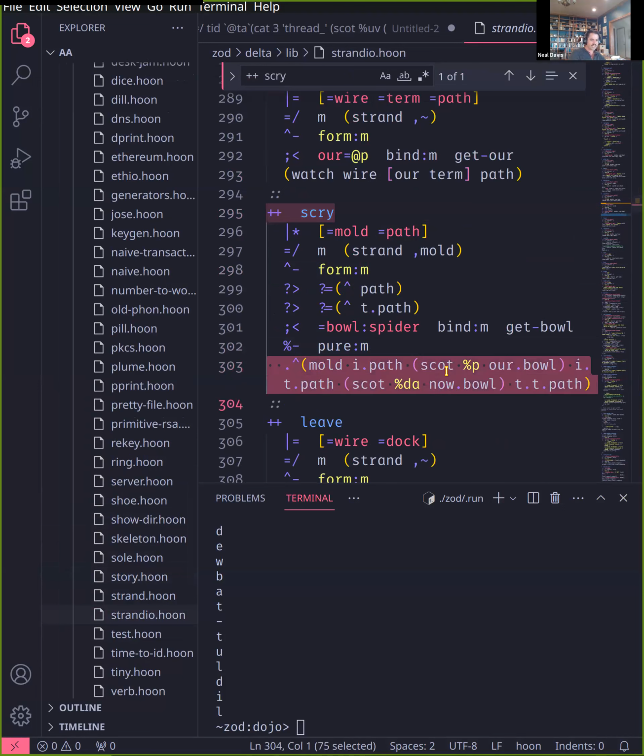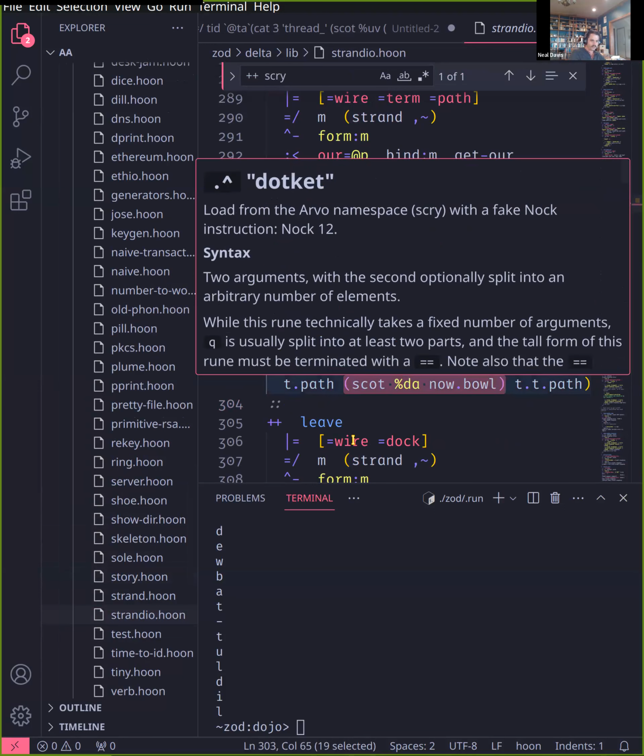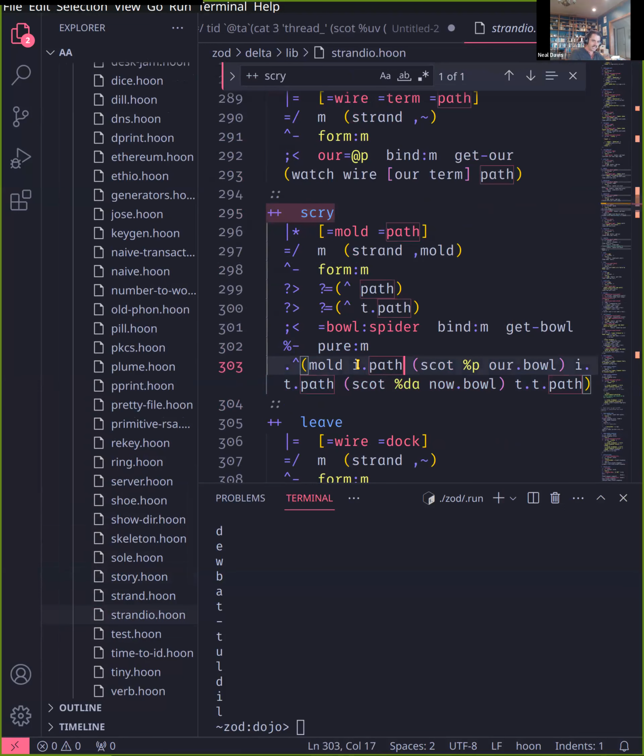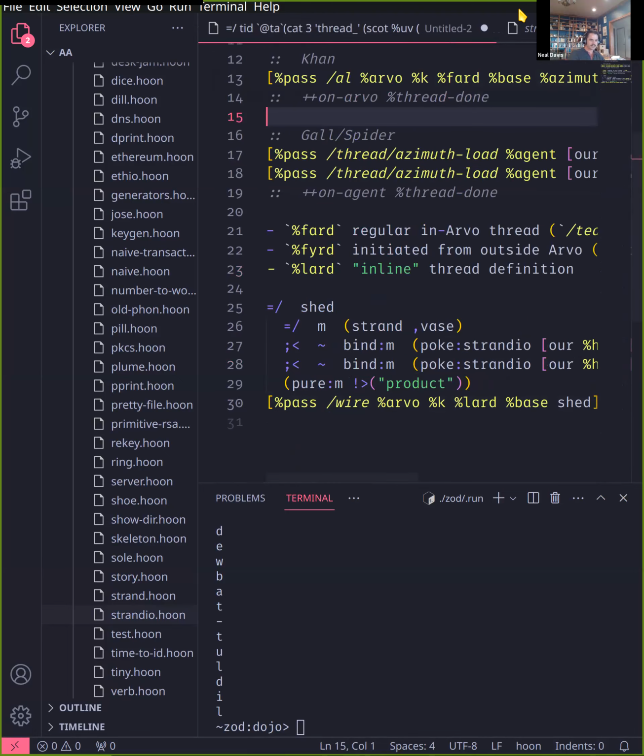Okay, so it is doing a .ket, but it is supplying the identity and the timestamp first. So it's taking the char, I guess it's the pair of the char, the vane and the vein, or the vane and the char, depending on which vane it is. Then it's taking the head of the path. Then it's taking everything else as the tail of the path as those values. So it does kind of a weird unpack, but it is ultimately a .ket that's trying to save you some